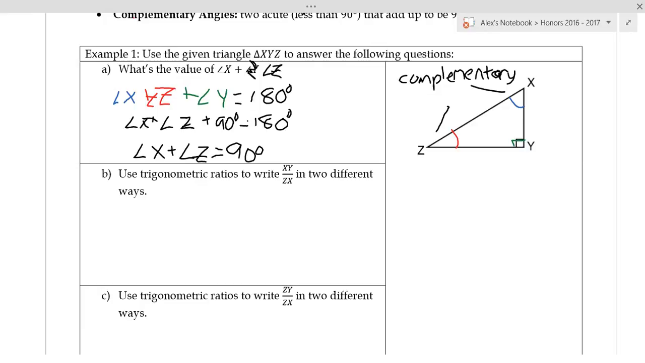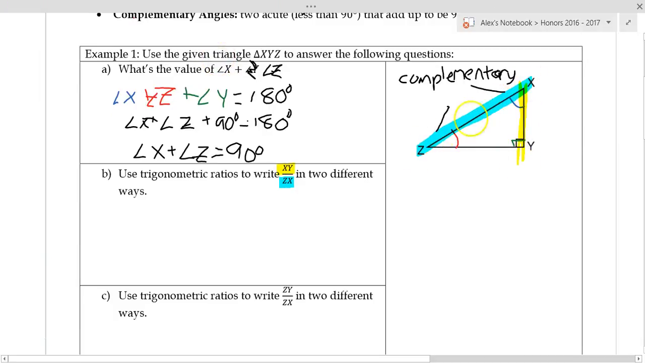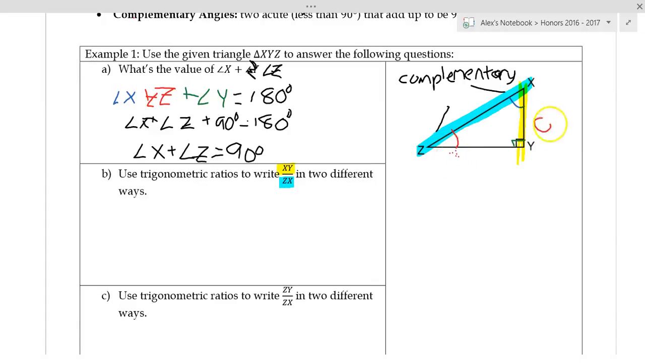Alright, so now I want to use trigonometric ratios to write XY over ZX in two different ways. Right, so I have XY and I have ZX. The first thing I'm going to do is look at angle Z. If I'm looking at angle Z, then XY is my opposite side and ZX is my hypotenuse. So sine of Z equals